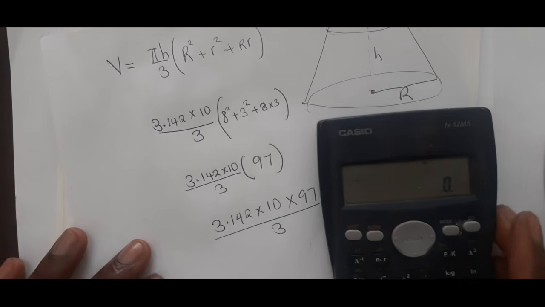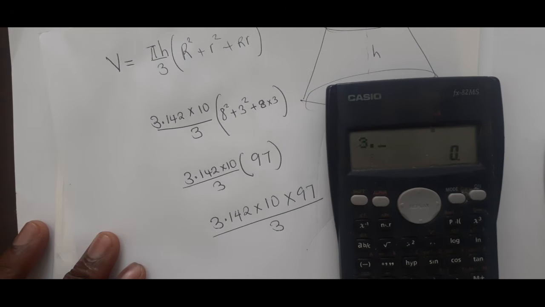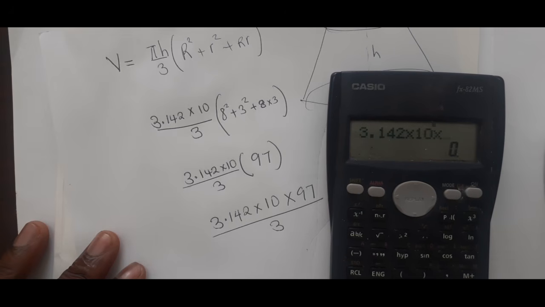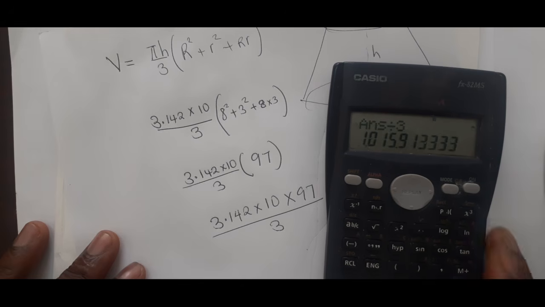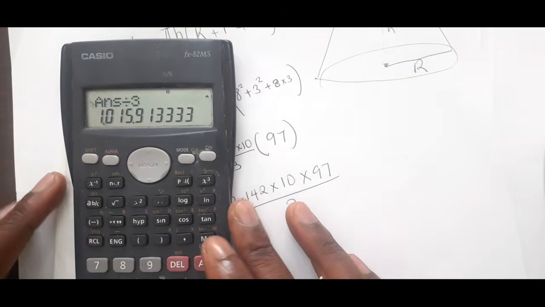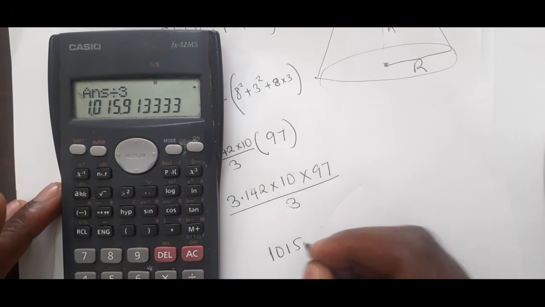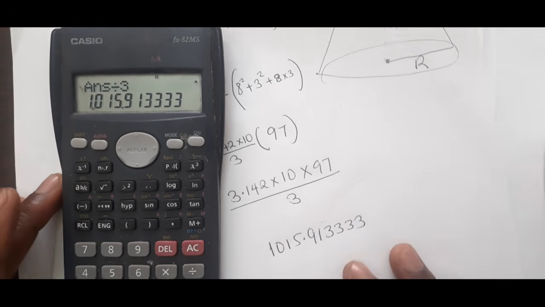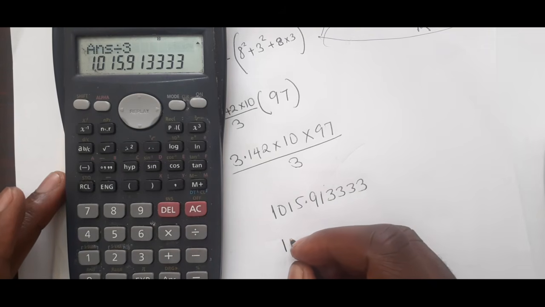So you can use our calculator here to say 3.142 multiplied by 10 multiplied by 97 equals, then say divided by 3. What do you get? This is what you are going to get. You're getting 0.913333. So when you write this correct to 3 significant figures, you can say,